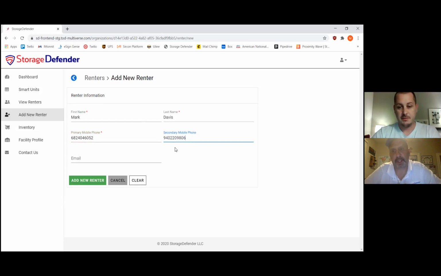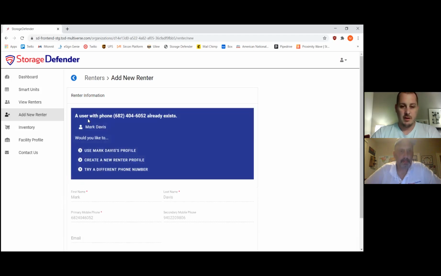We want to use it because that's the power of StorageDefender, is the backup. Use the backup. Only by exception, don't. Absolutely. The more people that this touches, the better, the more secure your stuff is. So we're going to go on ahead and click Add New Renter. So this screen is going to pop up if this person already has a smart unit at your facility. In that case, if the phone number and the name match up, we're going to go on ahead and use that profile,